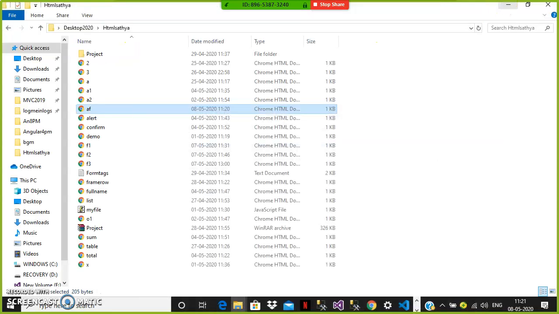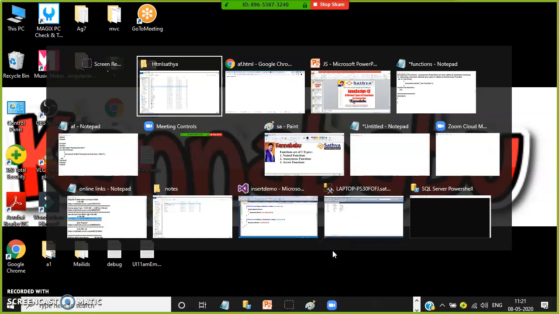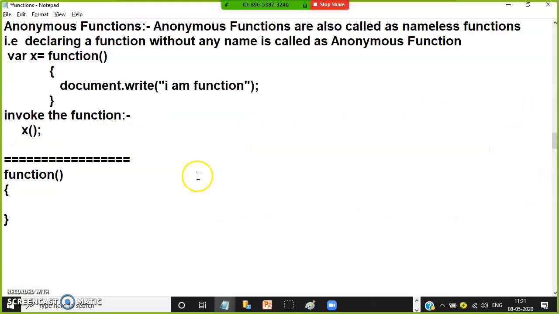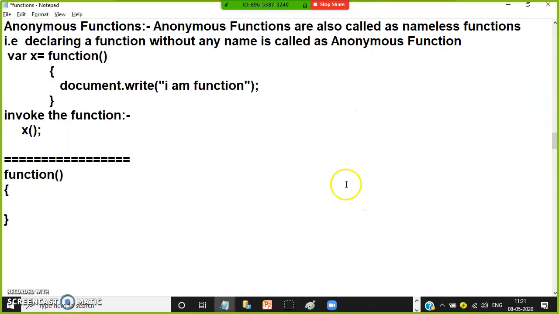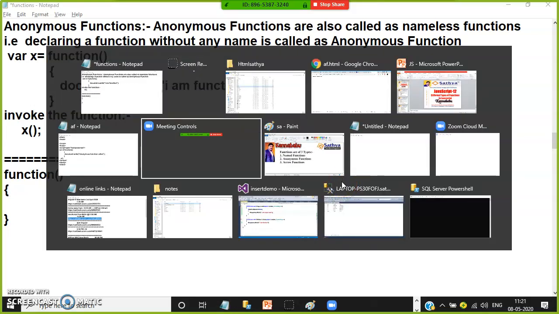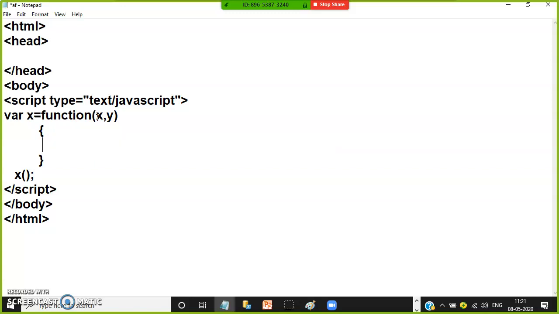Now you can ask me, sir, can we give a return type for the function? Yes. Function will have a return type also. Is it clear? Because sometimes a function will return some value. Sometimes if you ask me, sir, I want to pass the input parameters, then how will it work?